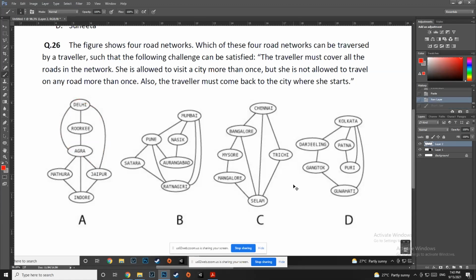This is basically another version of, remember we used to play this, like, can we make a shape without lifting our pen? Right? It is basically that. Nothing more than that. Where you can visit the same places, the same points more than once, but you can't traverse the line more than once. So how many shapes can be done? So she can go to the city again if she wants, but she cannot travel the same road again.